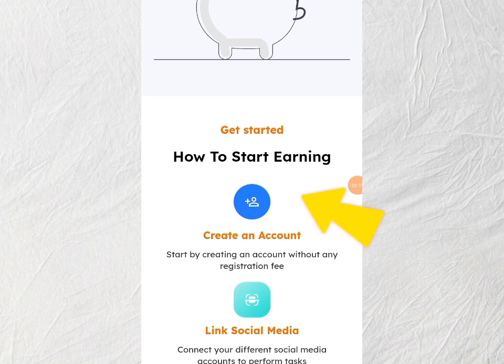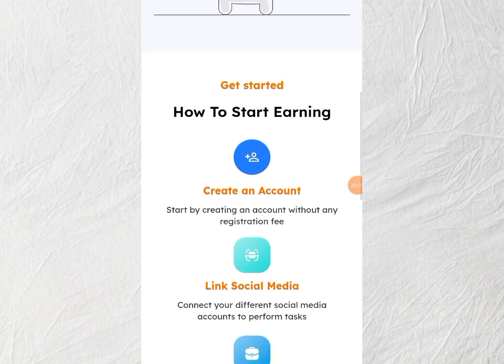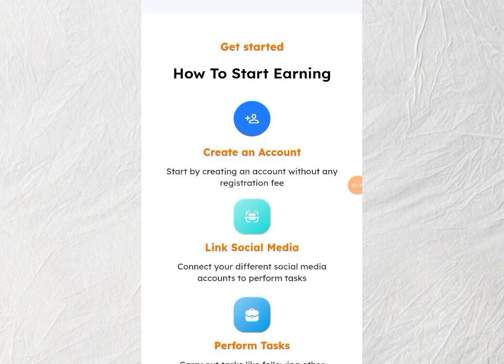And guys, to get registered on this platform, all you have to do is click the link in the video description, or go to the comment box, the first link that you are going to see there. Just go ahead and click it, and you will be directed to a place where you will fill a form. When you fill the form, after everything, you can start making money for yourself.